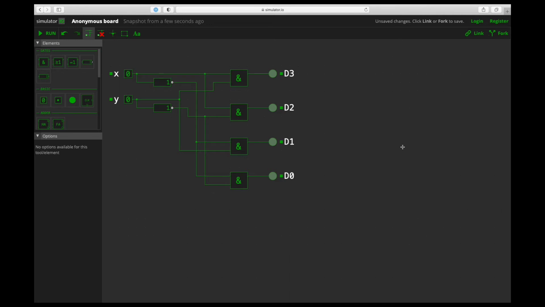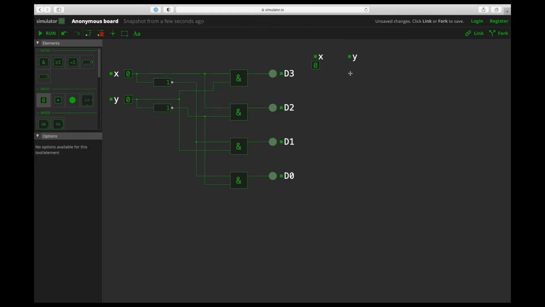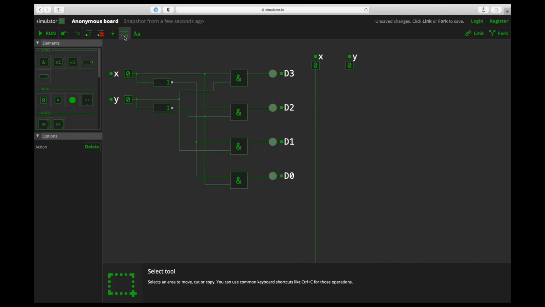So what we'll do here then is we'll create basically 4 lines, and we typically run those vertically, that represent both our input variables and their negation. So let's do this here, and let's say, okay, here's our x, and then let's go here and create our y. So these are our input lines, and let's just run input lines straight down here. So let's just place down our toggles where we need them to be. And then we're going to run those lines straight down the board. Okay, so now we've got this, and let me actually move these two here